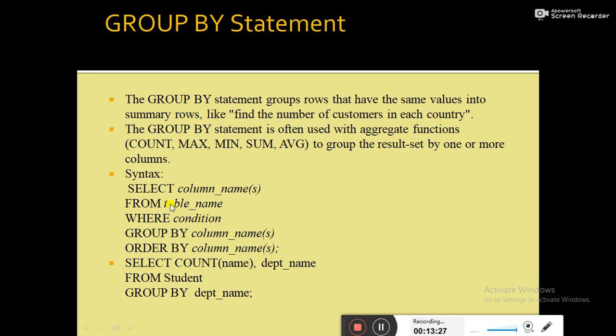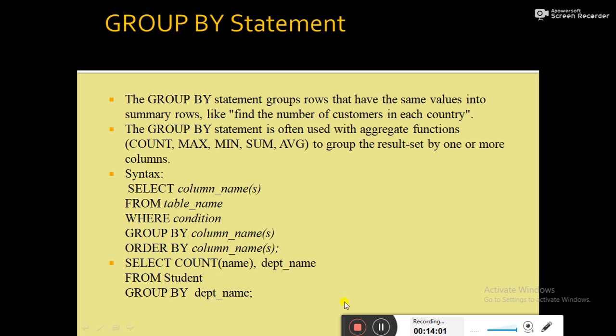And this is the syntax of group by as well as order by. I will discuss order by in a later slide. So: select column names from table name where condition and then group by column names. That means the result will be formed as per that particular column name. Means the relation will be grouped together based on the specified column name.